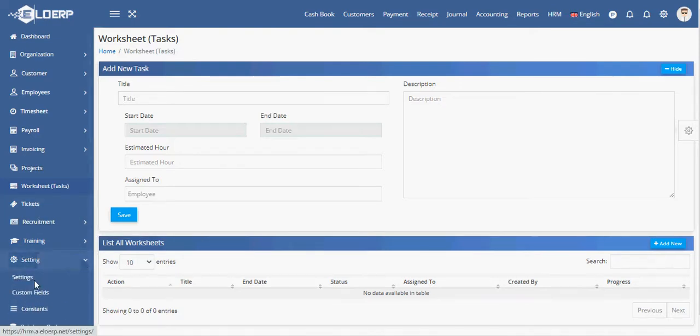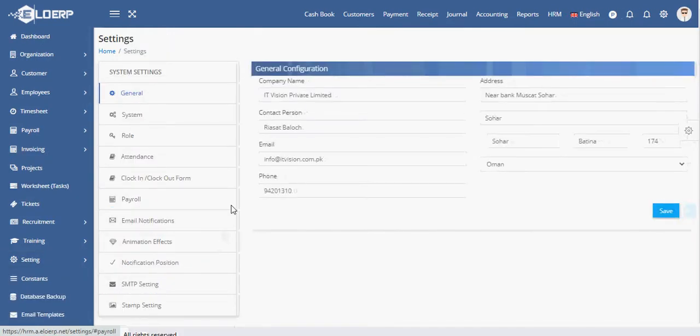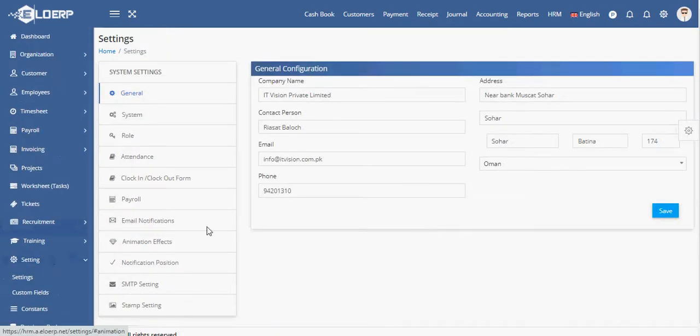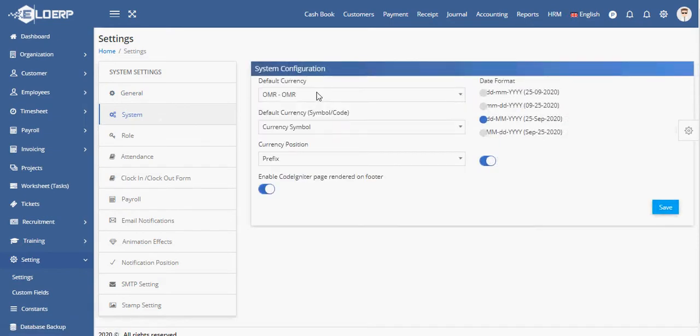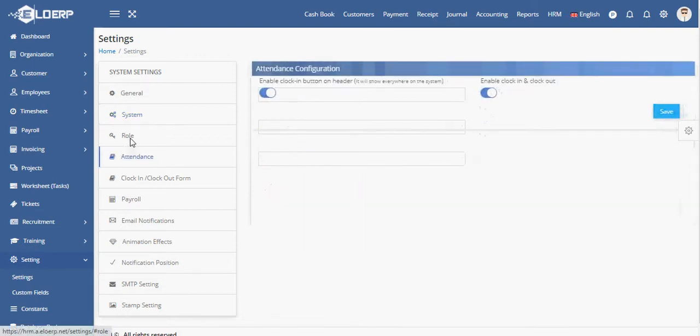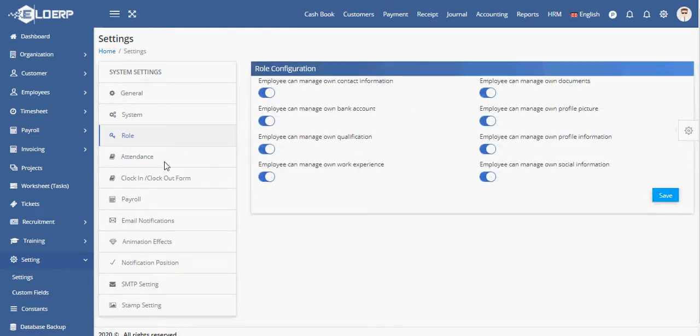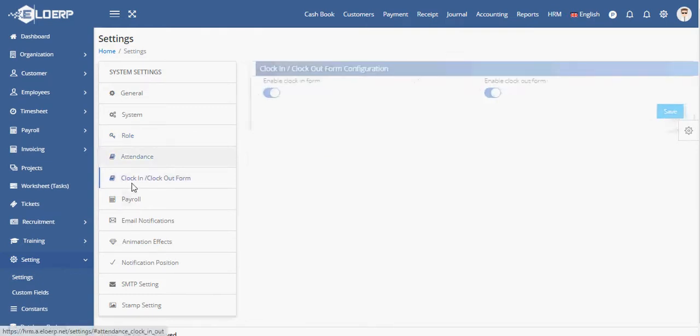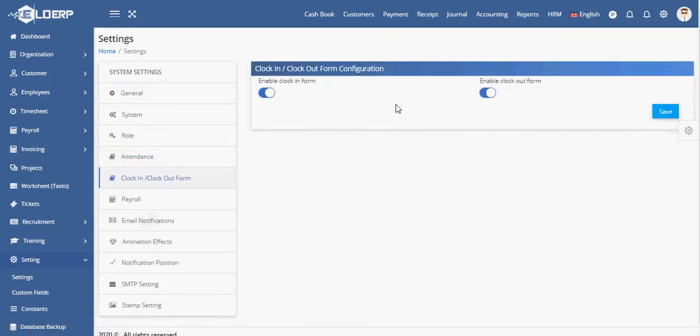Then there is a setting. Everything we have done can be managed through setting, like in general setting we have this information. In system setting we can set currency symbol and position, date format, then roles, attendance, clock in and clock out, enable, disable.